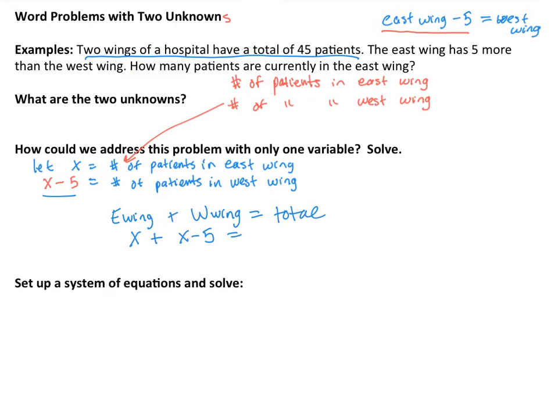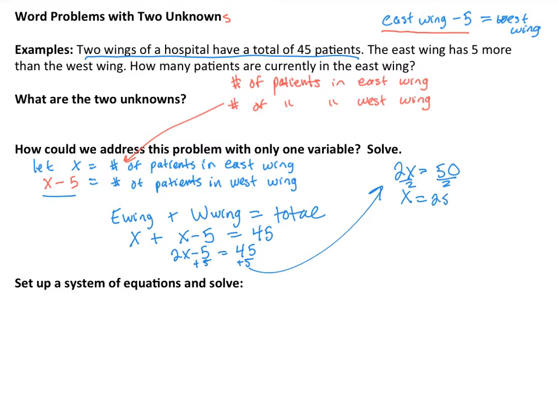And the total we know is 45. So I've arrived at a one variable equation, one unknown. So this is 2x minus 5 equal to 45. I can add 5 to both sides just using my one variable equations. Let me finish the problem up here at the top. 2x will equal 50. Once I divide by 2,